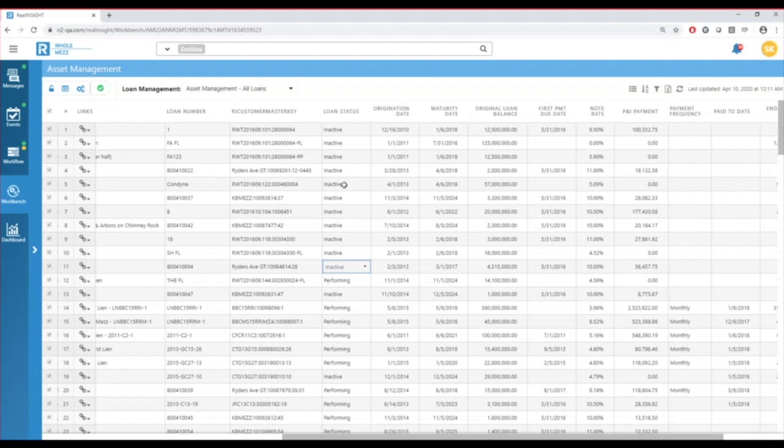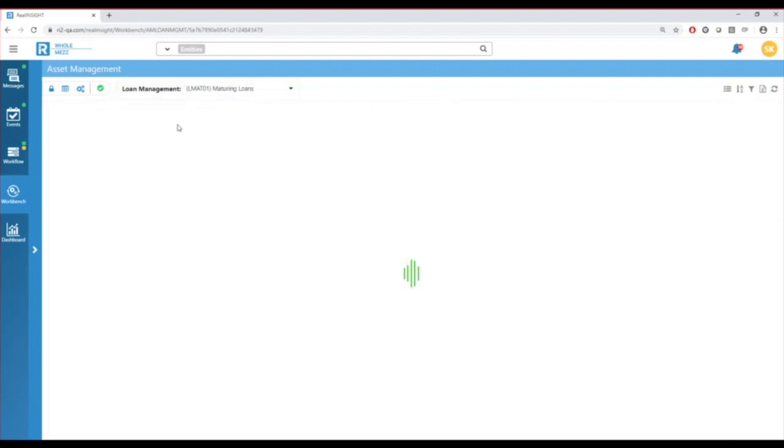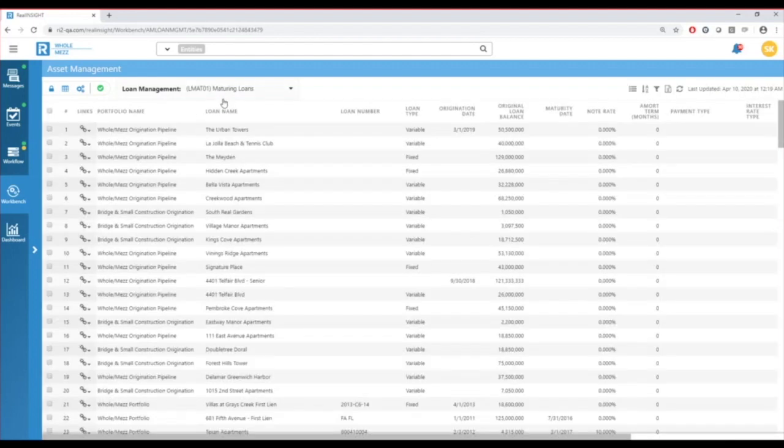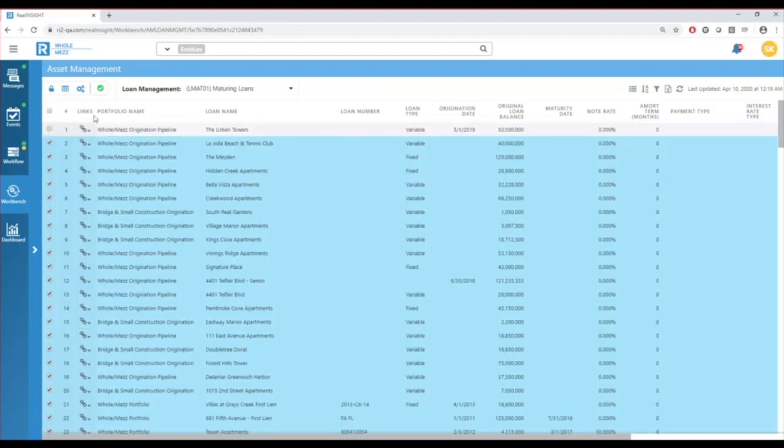And this is just one example of the list. You could essentially say, I want to see all of my maturing loans, and then get to change that underlying information any way you like. Okay. Now, what we talk about with regard to an asset management platform, and this is pretty helpful, is the